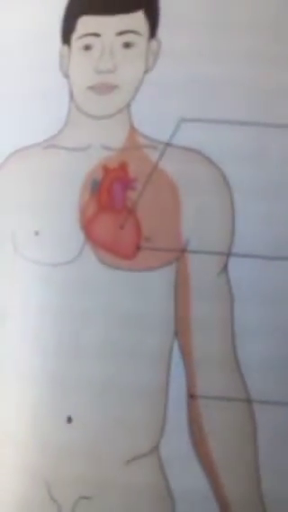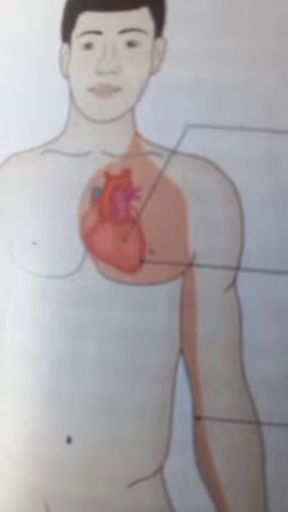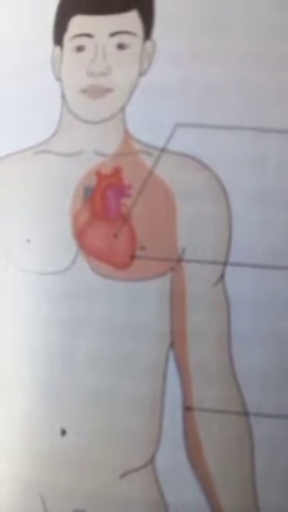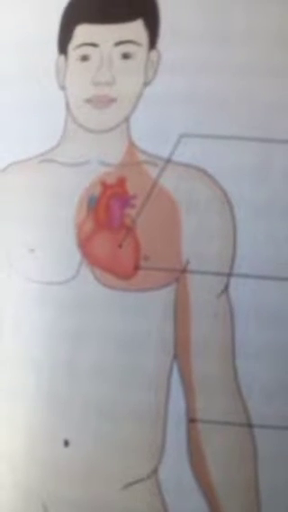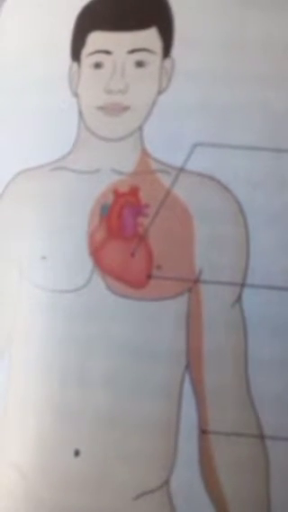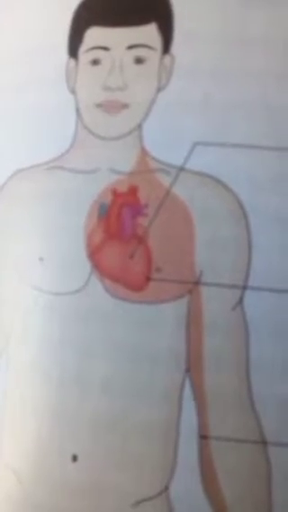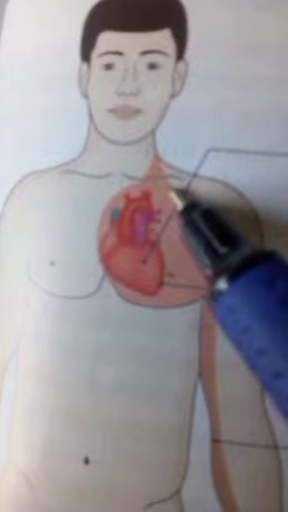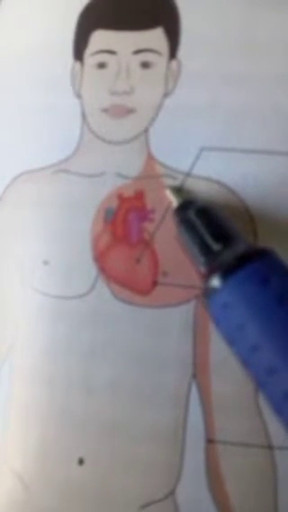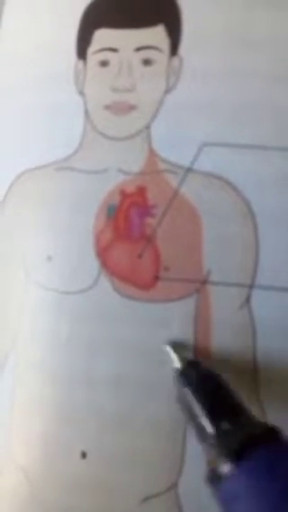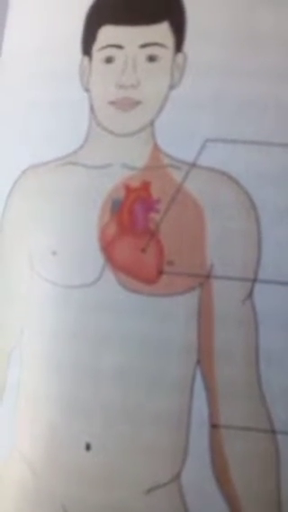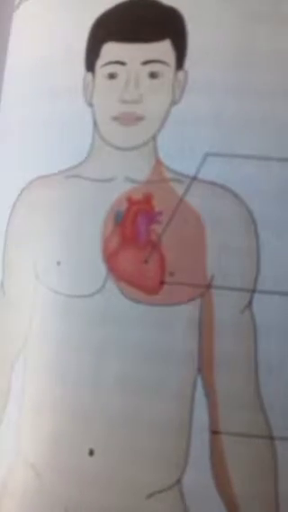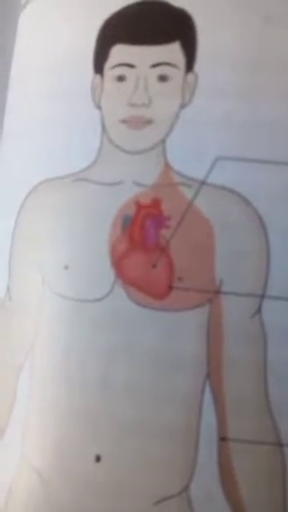Incomplete obstruction of the coronary arteries, usually due to spasm of the arteries, causes angina pectoris. In angina pectoris, there is pain in the precordial region which may radiate to the medial side of the left arm and forearm. The pain usually gets relieved by placing sorbitrate tablets below the tongue.